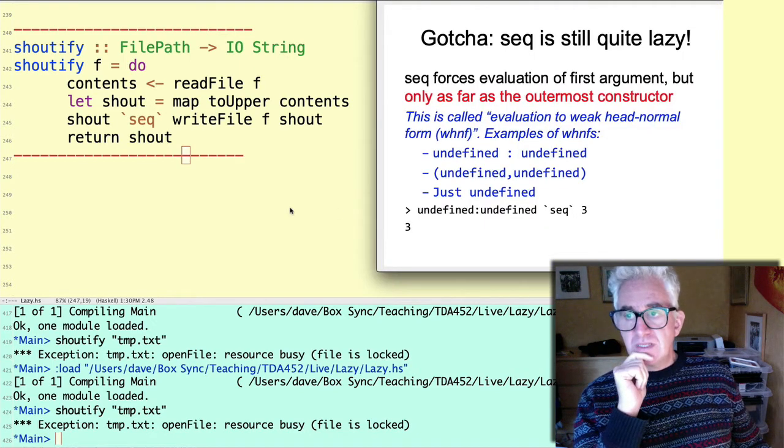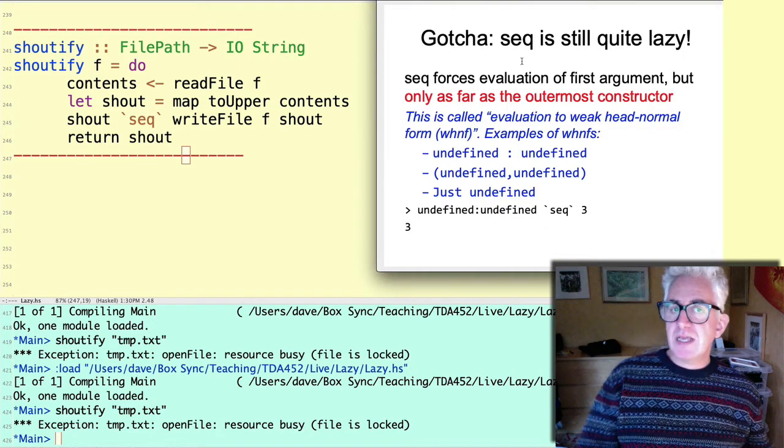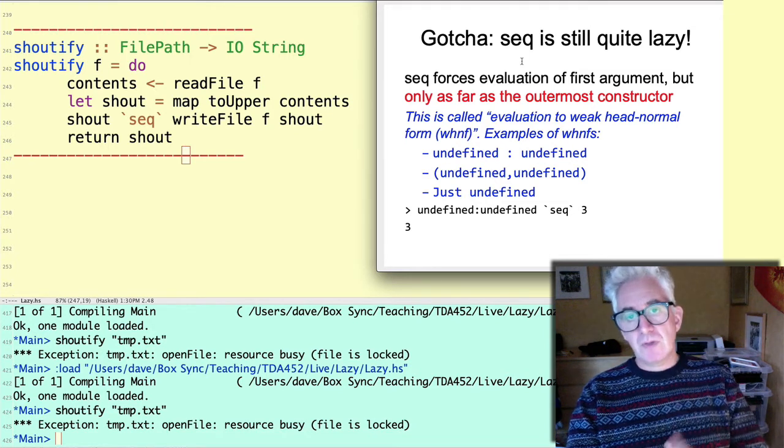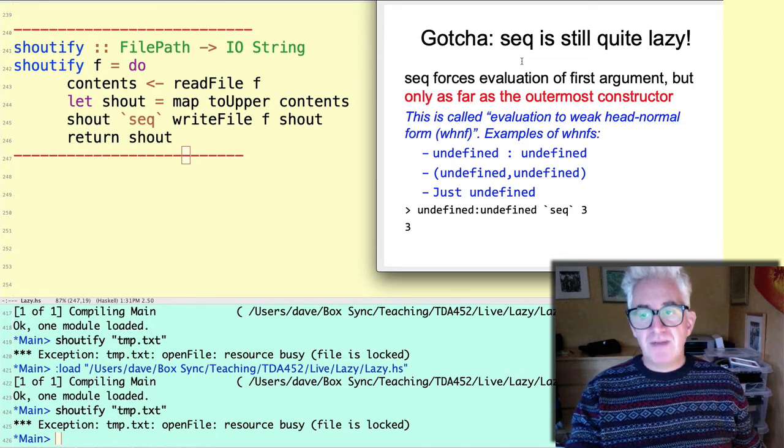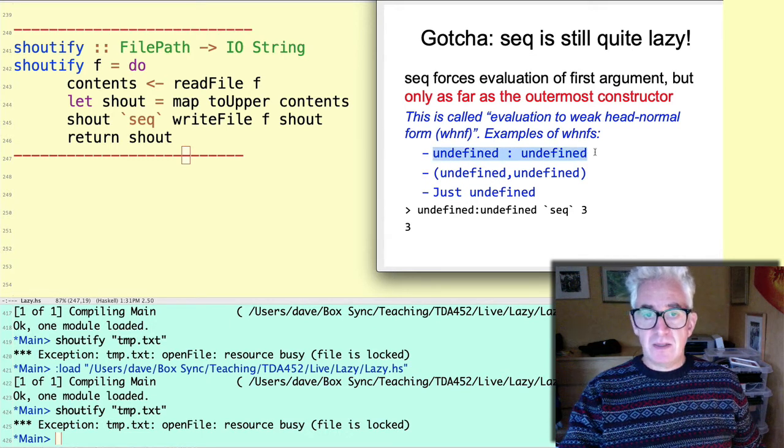Well, the gotcha with seek in general, so this is a general thing, is that seek is still quite lazy. Seek can help us trigger the evaluation of an argument, but it doesn't do much evaluation. It sort of does the minimal amount of useful evaluation. It does something called evaluation to weak head normal form. So examples of weak head normal forms are, for example, anything cons anything, or a pair of anything you like. I used undefined to sort of emphasize that these are perfectly okay weak head normal forms. For example, if you do this, then the answer will be 3. The fact that this is undefined and this is undefined doesn't matter to seek,